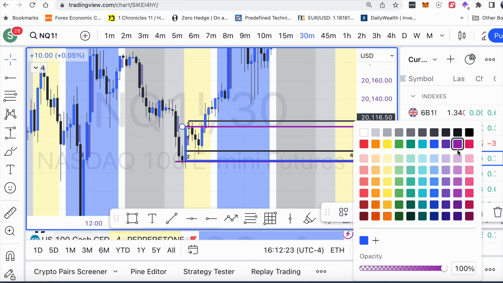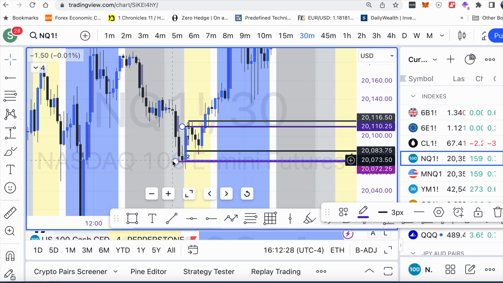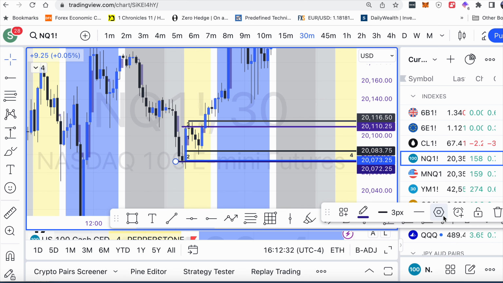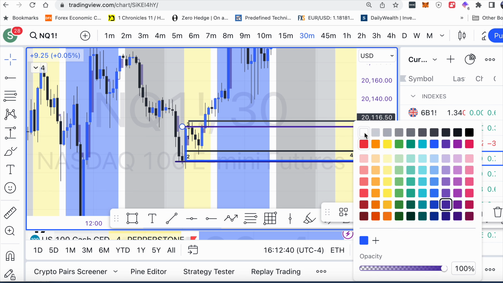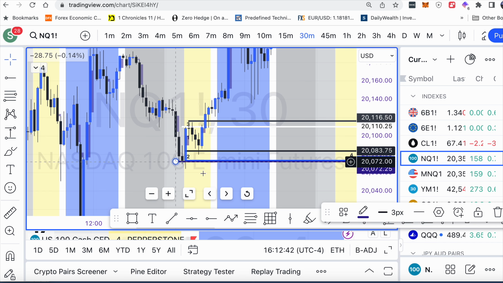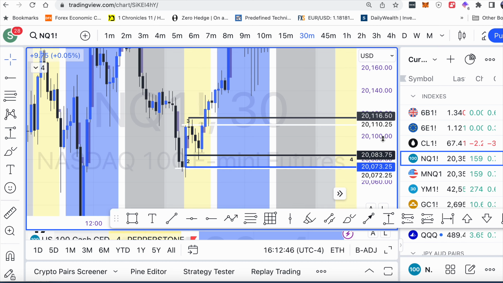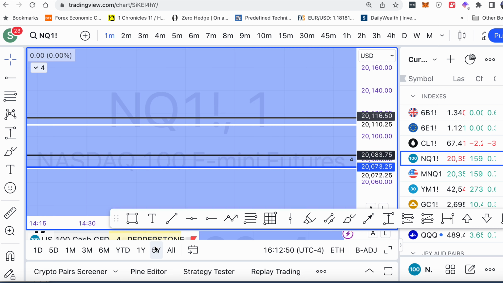I can make them darker navy blue in case you are trying to distinguish them. Because there's too many blue colors there, I may actually make it white just for the sake of this video. So we mark two lines, white color, then I drop down to a minute chart,